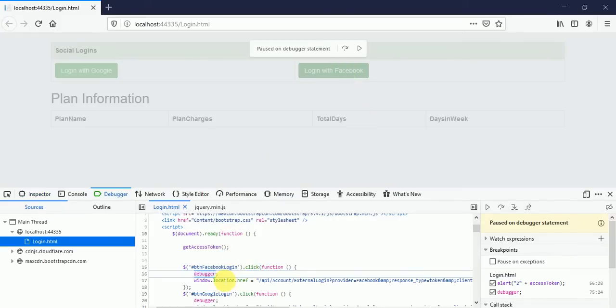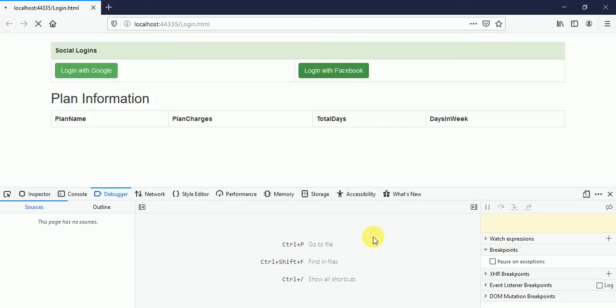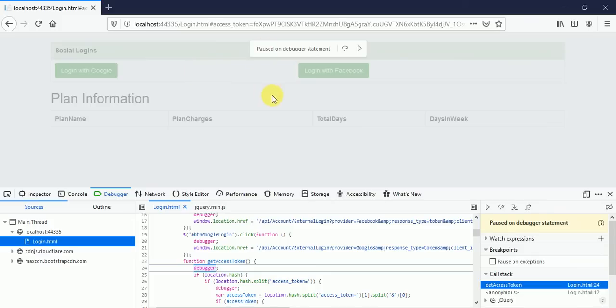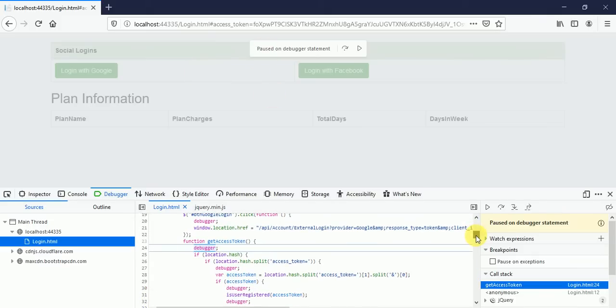So first, it will come in this click function. I'll press F8. Then it will redirect to Facebook login, and we have already logged in to Facebook. Then here it will come in get access token.